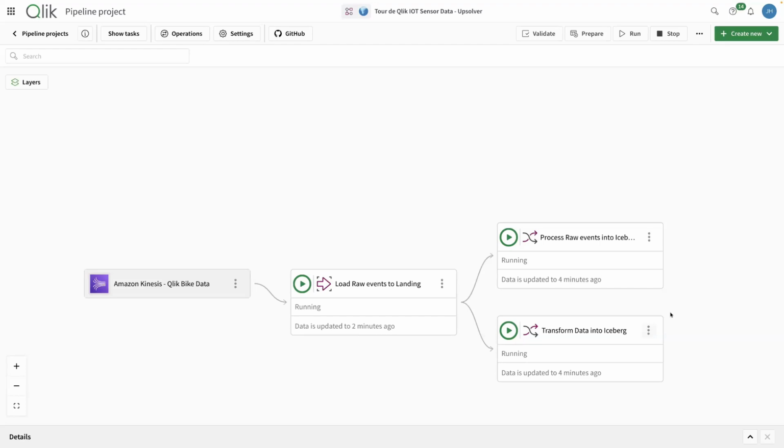And so in that example, you might want to take advantage of this top option. Let's just get the data into Iceberg so that it's queryable in its exact raw format. And then maybe you build additional transformations on top of that. There's pros and cons to both methods. I can't really stand here and say you should definitely do it this way. It depends on the exact use case and the approach that you want to take with your data. But the nice thing is that you're provided with these options as you build up the pipelines.